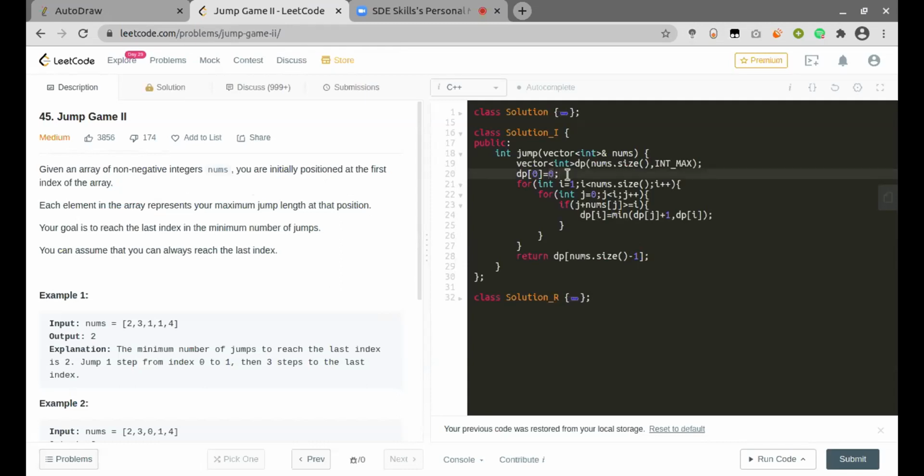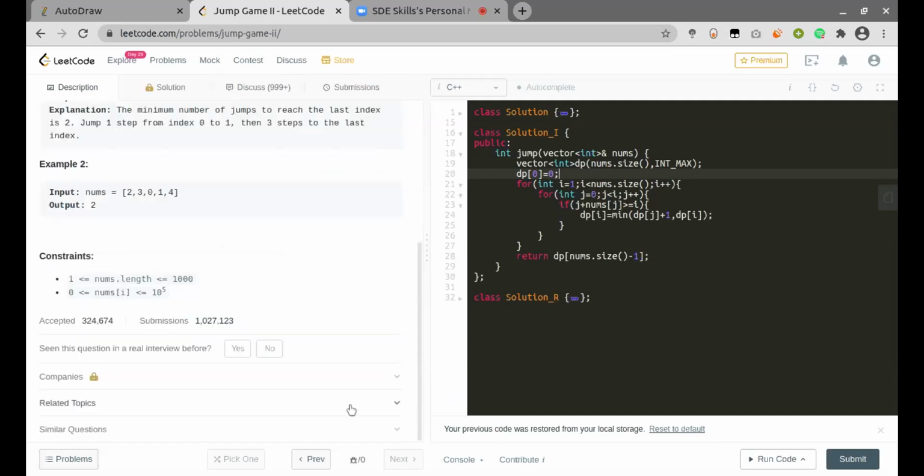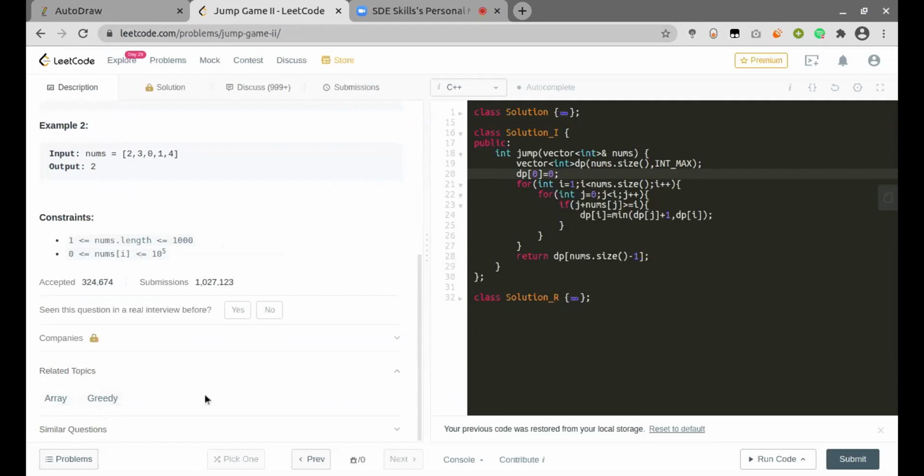One doubt only in this problem is whether we should go with DP or greedy. You could go greedy for sure, right? You can look at the BFS traversal and then convert it to greedy. But it will still be an n square solution, I would say. Yeah, it will be n square only.